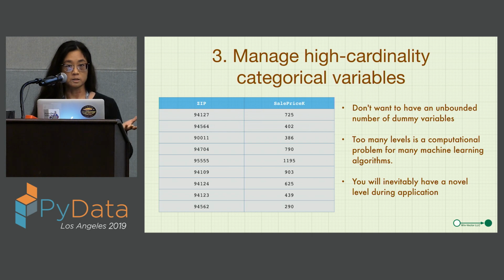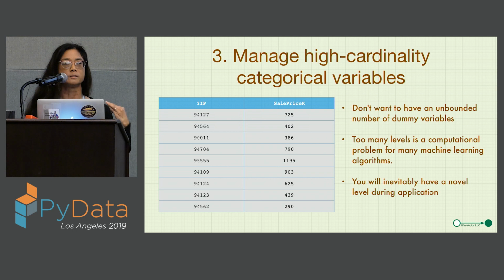Having too many variables in your data is a problem for a couple of reasons. One is that too many variables can be a computational problem for a lot of machine learning algorithms. And more significantly, if you have too many variables with respect to the number of rows, an overly wide data set, then you're going to have an under-constrained problem if you're trying to use a more complex machine learning algorithm, which usually we are these days.